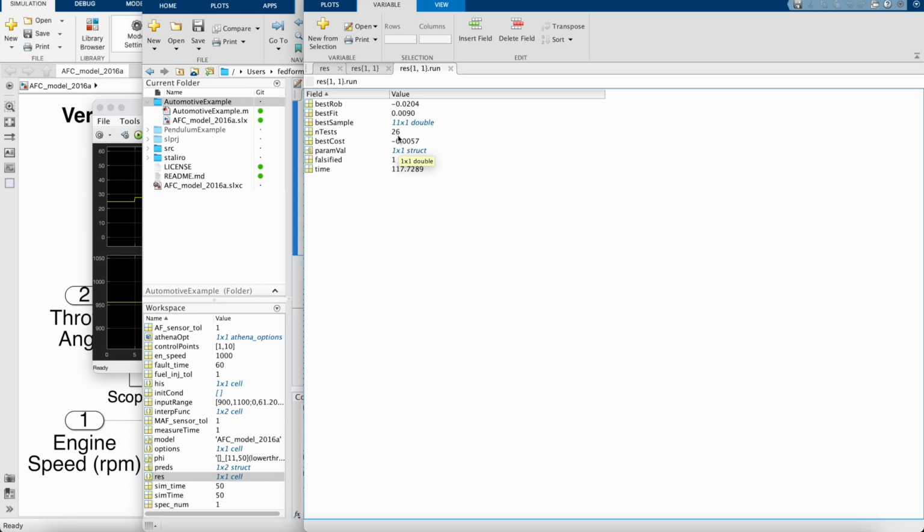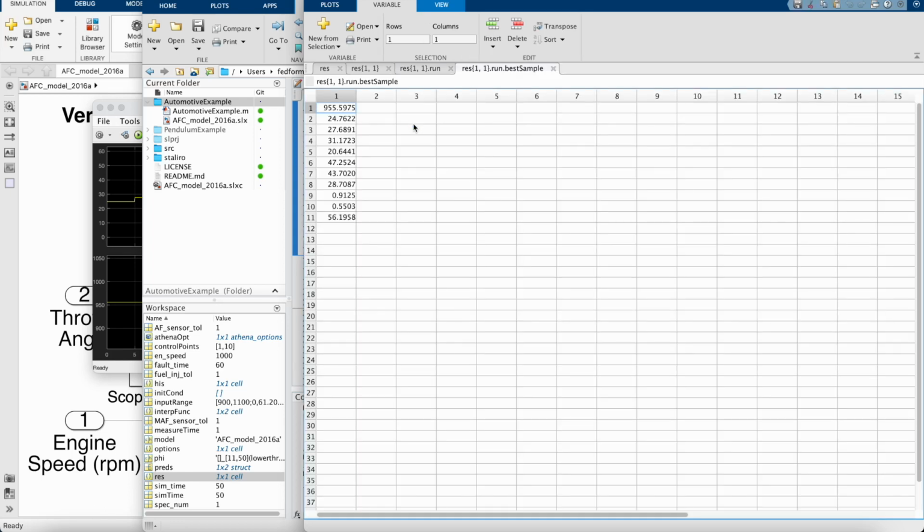We know that it finds a failure revealing test case in 26 iterations. This parameter says that the falsification has been successful, so falsified is true because this is a Boolean parameter, and it finds a failure in 117 seconds. The field best sample actually contains the value of the control points that we can check,